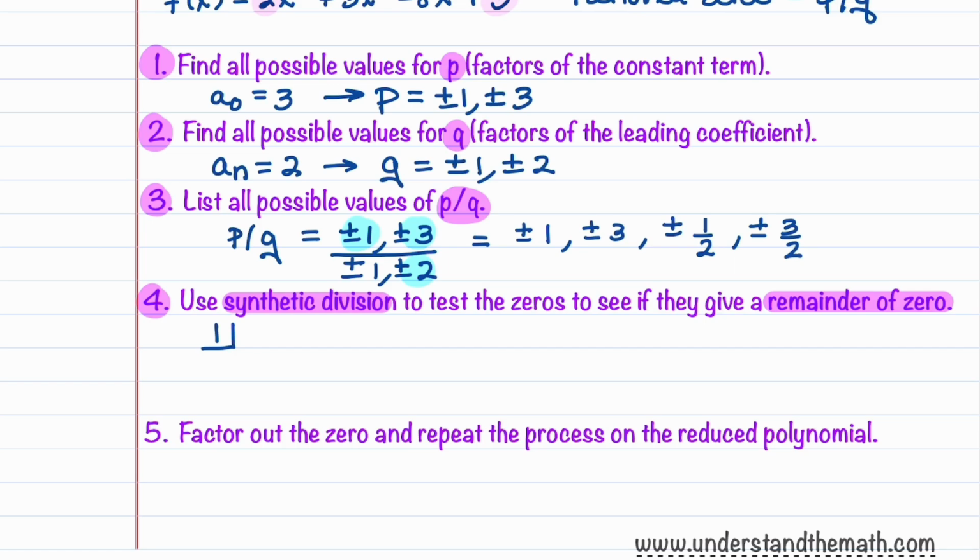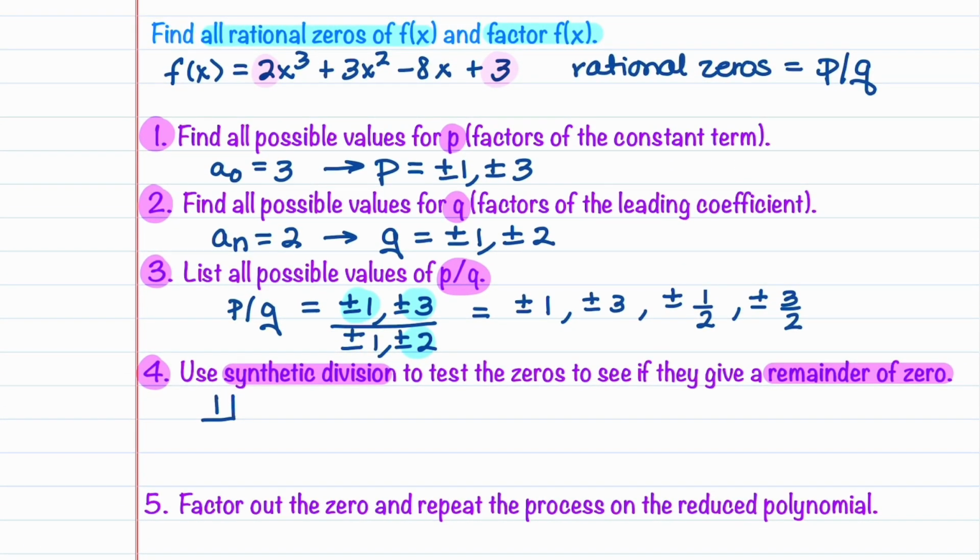And then let me pull this down. What we're going to do is put down the coefficients that I'm highlighting up here in yellow from f of x. So our coefficients are 2, 3, minus 8, and 3. We then draw our line. We pull down our first coefficient, and that's 2. Now we can go ahead and multiply. We're going to multiply 1 times 2, and we get 2. And then we're going to add